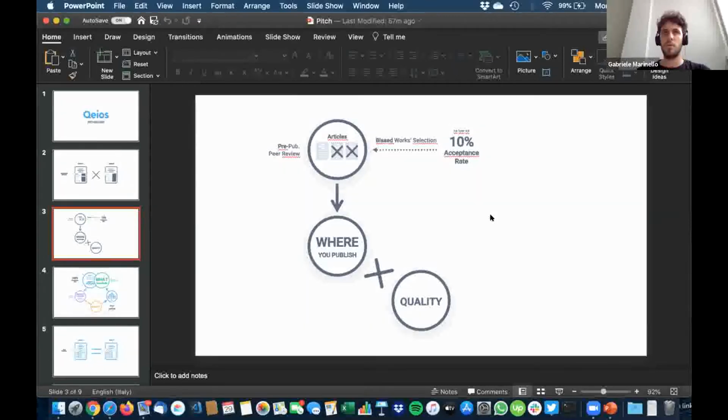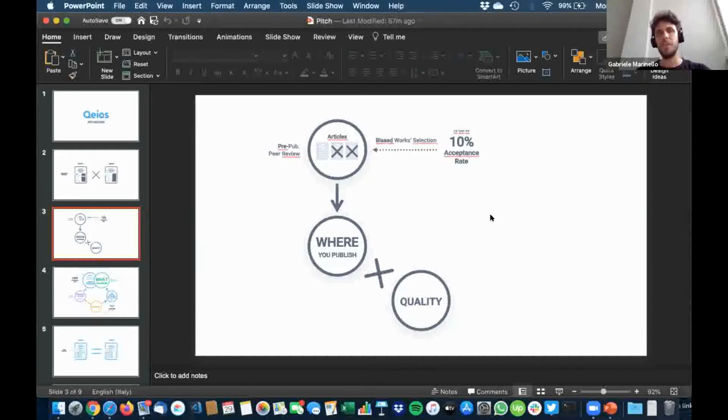Why is it flawed? Because we cannot rely anymore, I mean, we have the internet, on just at most 3 peer reviewers who should try to figure out what the impact will be in the future, right? We have the internet. We can reach a much bigger audience, many more PhDs and more researchers in general.